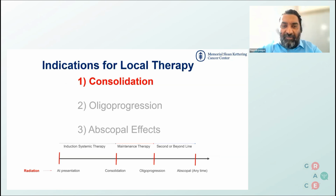So that's consolidation. The other time point where we could use local therapy in the management of metastatic disease is at oligoprogression, meaning a patient has been on a TKI, for instance, for an EGFR mutated tumor. They've been on it for a year and a half, and then all of a sudden, there's a new site of disease that's progressing. Well, if we radiate that new site of disease that appears to be resistant to the TKI, but the rest of the body is clear of disease, why would we switch the systemic therapy? So treatment with radiation at oligoprogression is another time point in which we could apply radiation